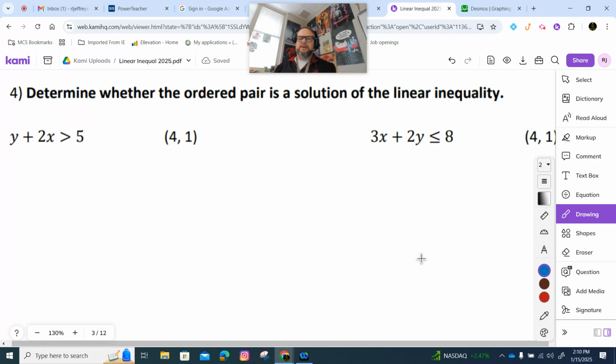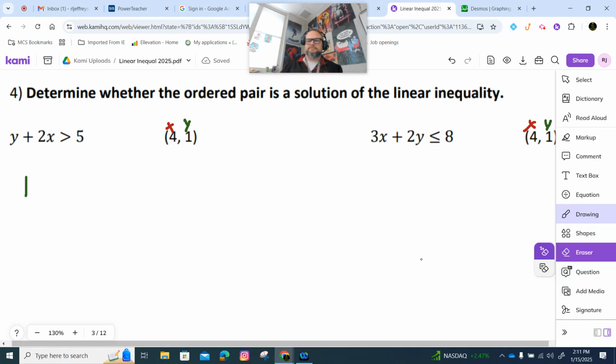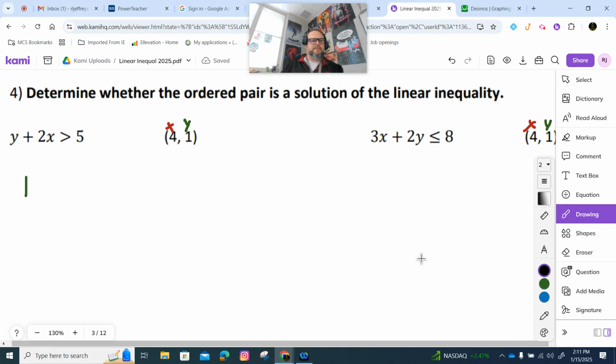Determine whether the ordered pair. All right, so this is what you do. This is your x value. This is your y. So we're going to plug these in. So this is going to be 1. Now,